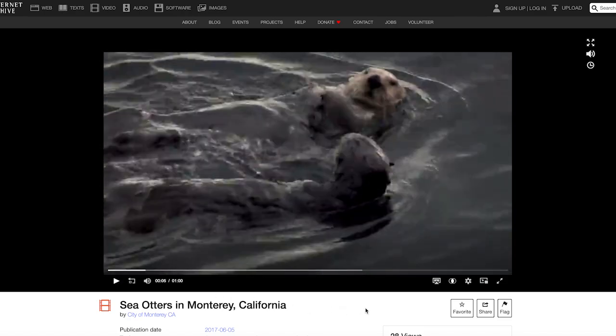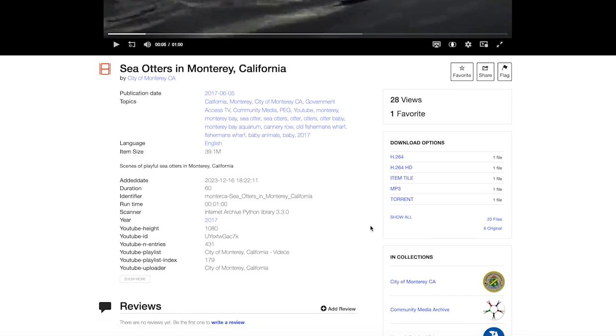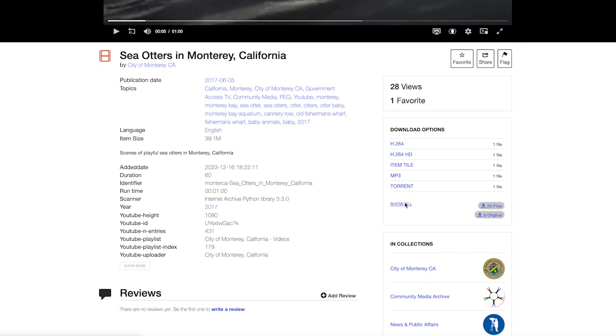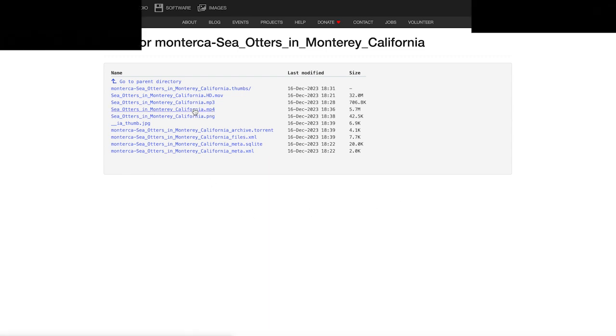Okay, so say I decide that I would like this. Let's go see what kind of files there are. MP3. This is not useful. This is an audio file. I'm not sure why that's showing. You can go to show all and see if there is, okay, see this MP4, that's a video file, right? So if I click on that,